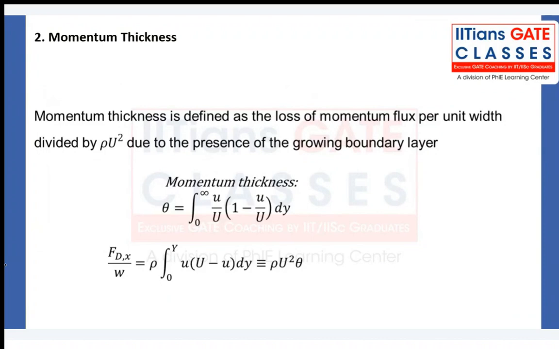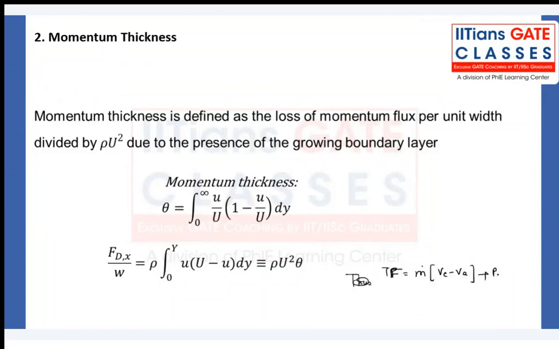Now, when momentum cannot be conserved, initial momentum minus final momentum will give some forces. That force will be called drag force here. Unlike thrust force, which is imposed on aircraft or maybe a missile or rocket. There also momentum changes are happening, right? What we used to write for thrust force is mass flow rate into VE minus VA, plus